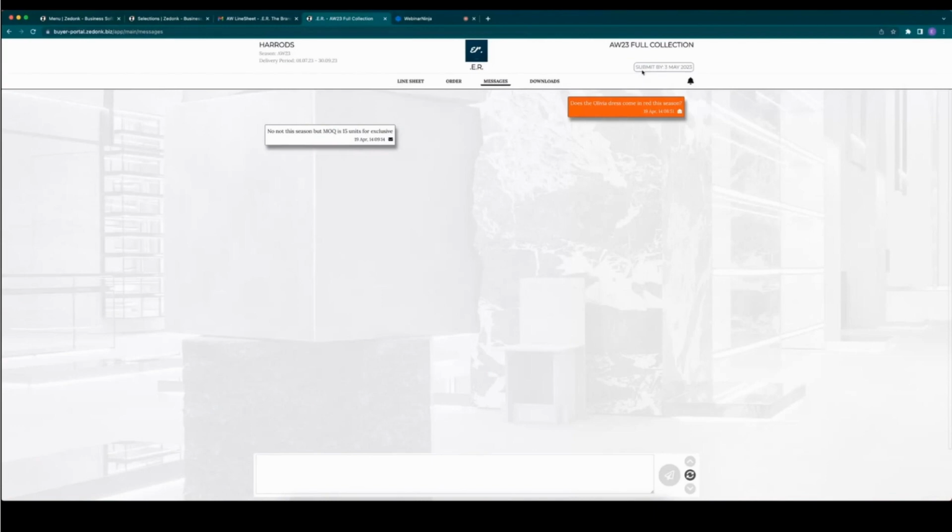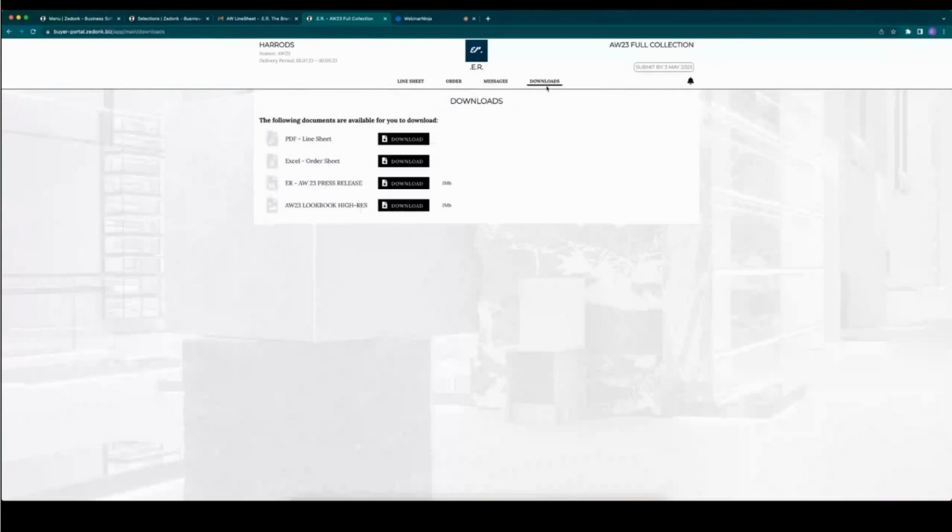One other thing to mention is we have the submit by date here. Again, this is set by you. So for each portal, you can list the end date, the last date you want them to submit their order by. The longest window is 90 days, but obviously when we're talking forward orders, it's probably more likely to be around 14 days. And I can show you how to set that up shortly.